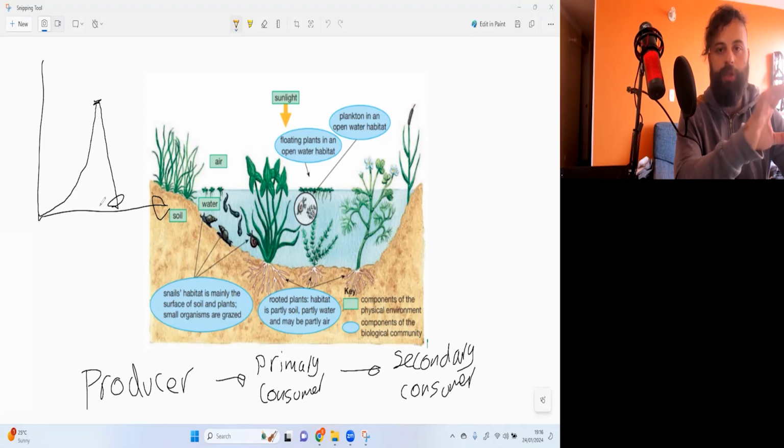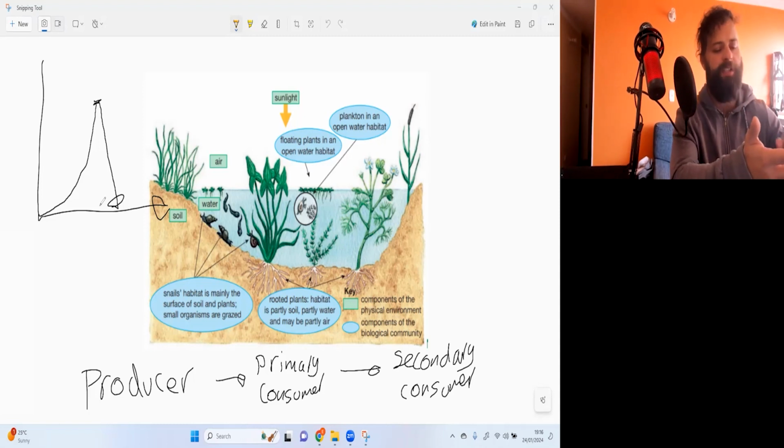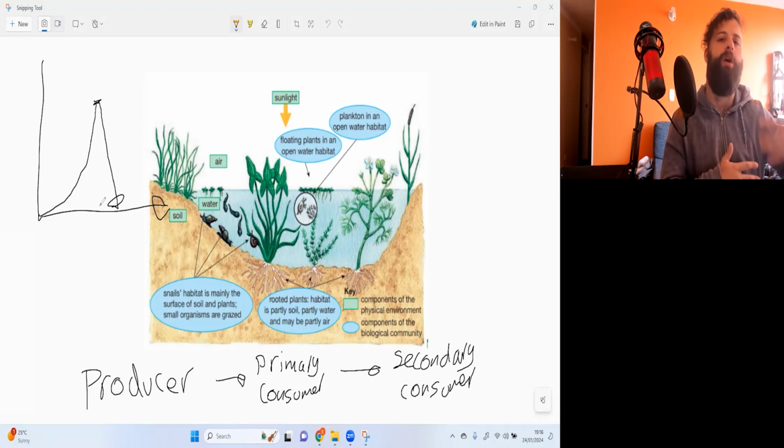Now, there are a lot of factors that will affect an ecosystem. Some of them are biological, some of them are not biological. We call it abiotic, which is not biological, and biotic, which is biological. I won't go too much into detail, but some of the things are the amount of sunlight, the oxygen levels, the carbon dioxide levels. There's a wide range of things, and I'll do a separate video and focus on those.